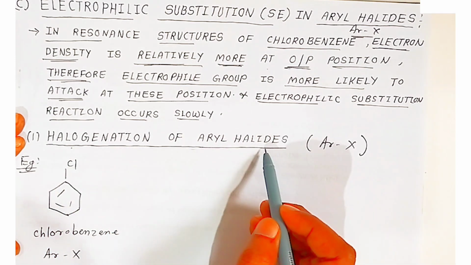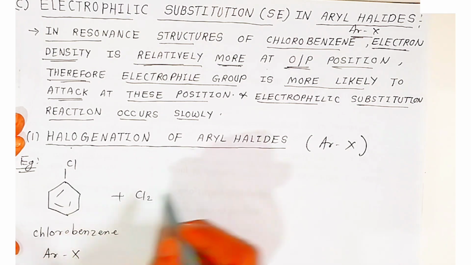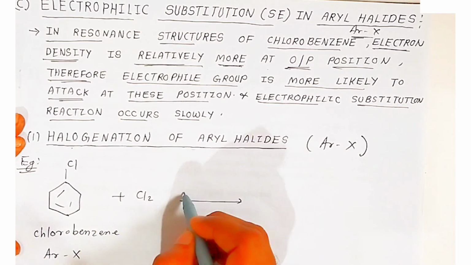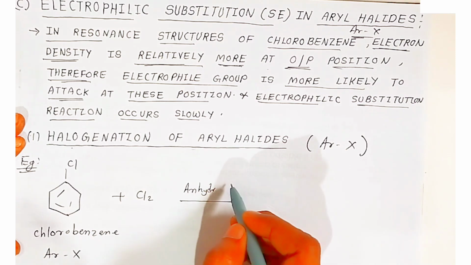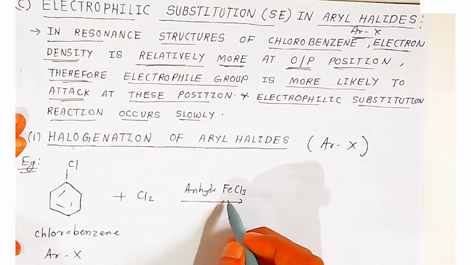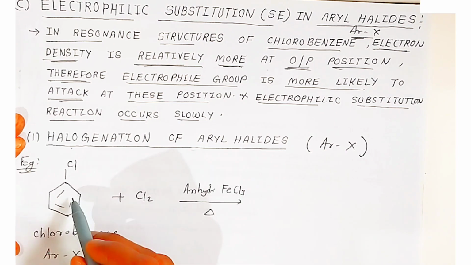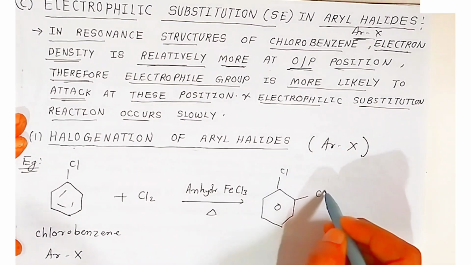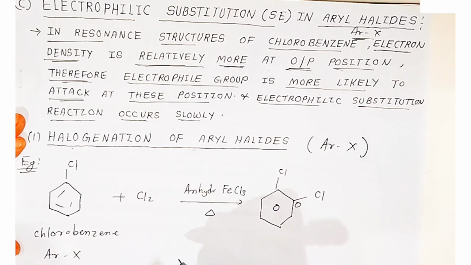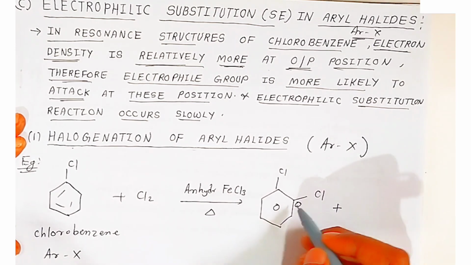So, halogenation of aryl halide, students: what happens when you pass chlorine gas in the presence of anhydrous ferric chloride? The chlorination will always take place in the presence of anhydrous ferric chloride, and just heat it. Chlorination will take place. Understand, there is a chlorination of chlorobenzene and one more chlorine is now going to attach to the ortho position. So there is a formation of 2 types of product. One will be ortho,